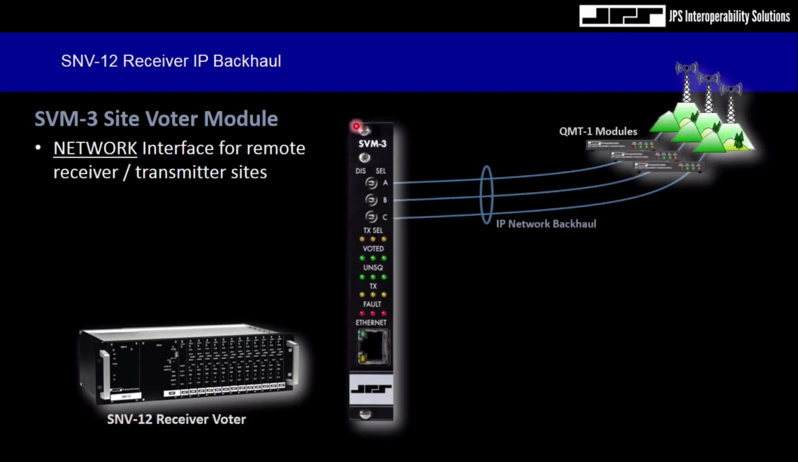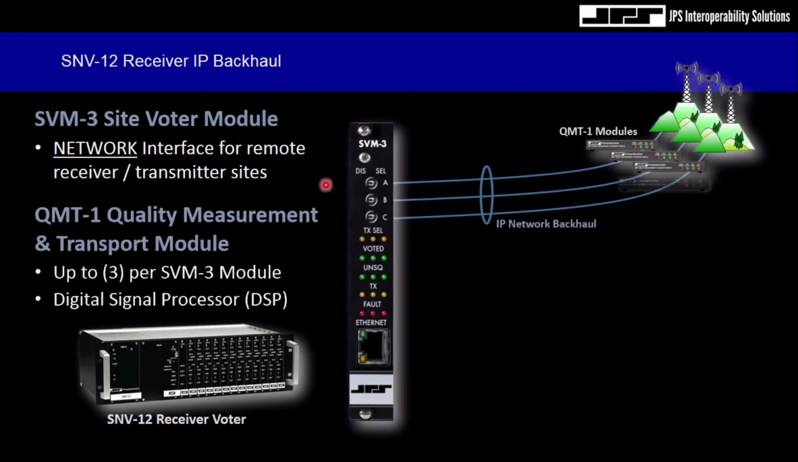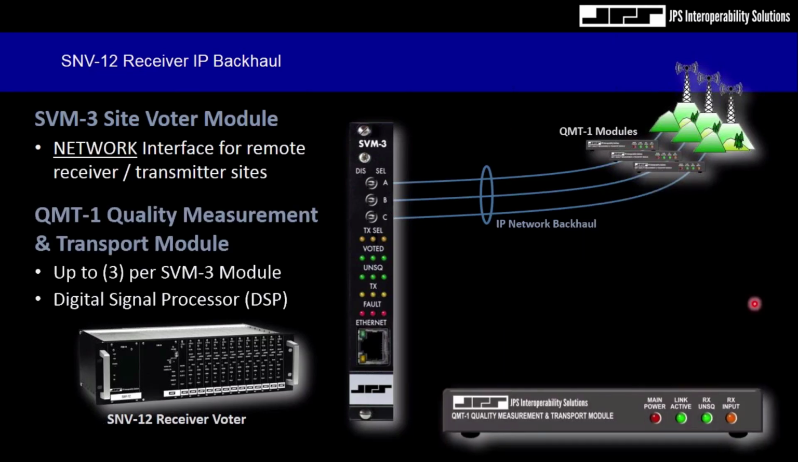And this is the new SVM3 module. We're currently in alpha and beta testing right now, and hopefully it is going to be in production very soon. I think Dave mentioned that it is available for sale now. The SVM3 module is a purely digital module. It's a 3-site module, as opposed to the SVM2, which is a single-site analog module. This SVM3 module will support 3 remote receiver sites, and this works in conjunction with another module called a QMT-1 module,